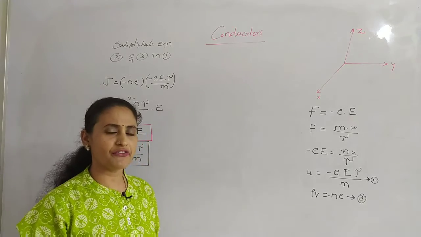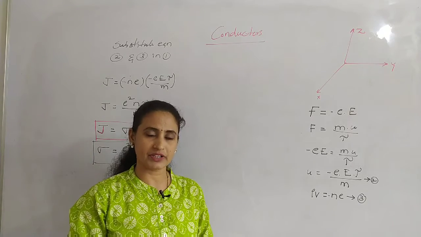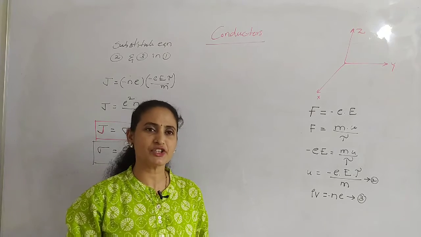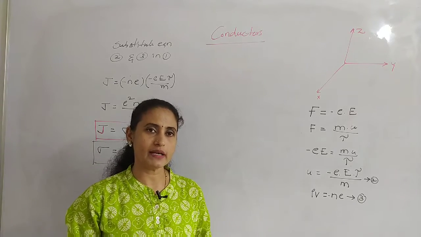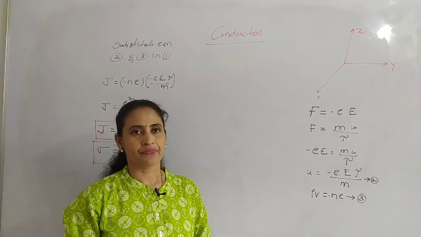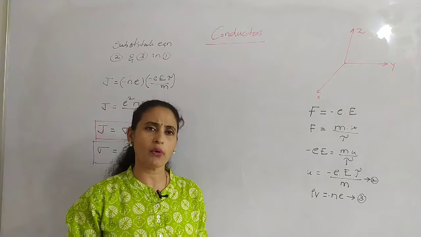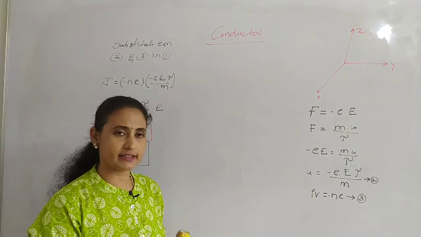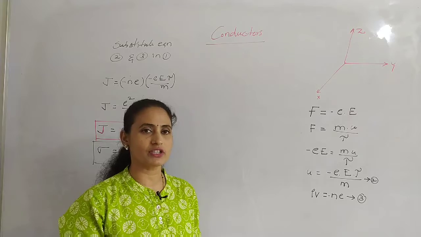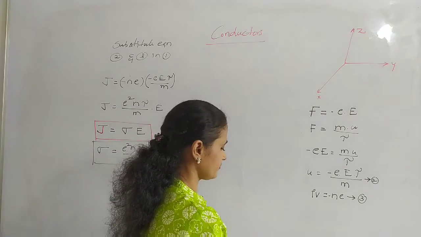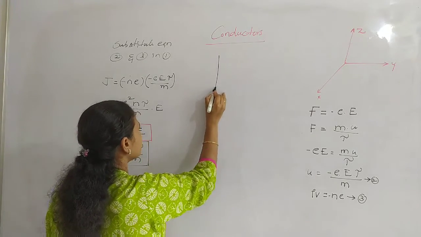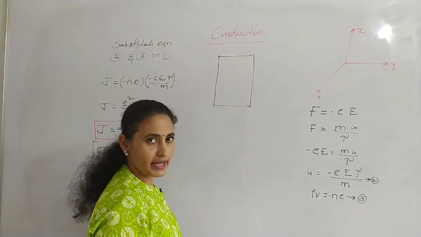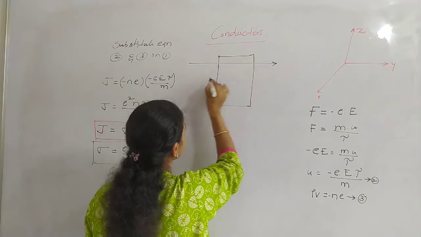How do we define whether a material is a conductor, dielectric or insulator? Generally we define conductors or dielectrics based upon the number of free electrons available in the outermost shell for conduction. We know that in a conductor there are abundant free electrons in the outermost shell. So for a conductor, let us apply the electric field and see what changes occur. We have one conductor, for which we have applied the electric field.